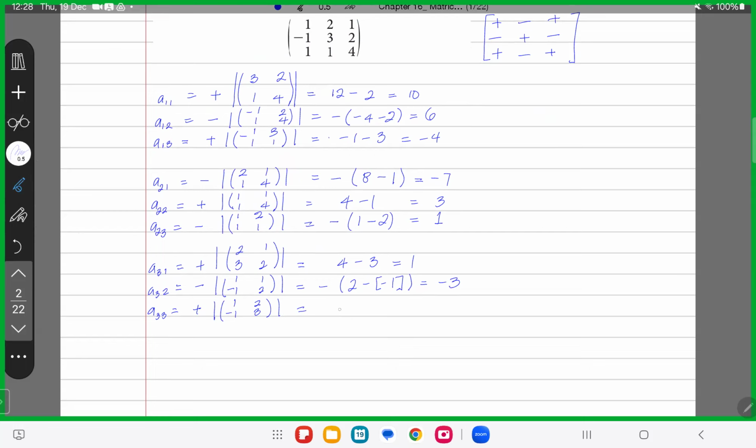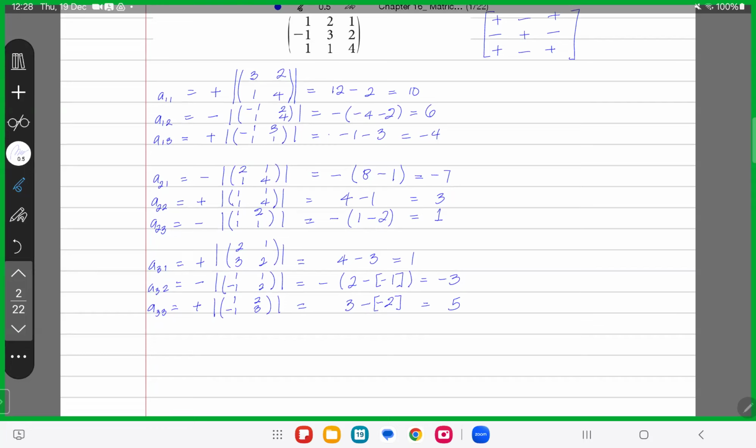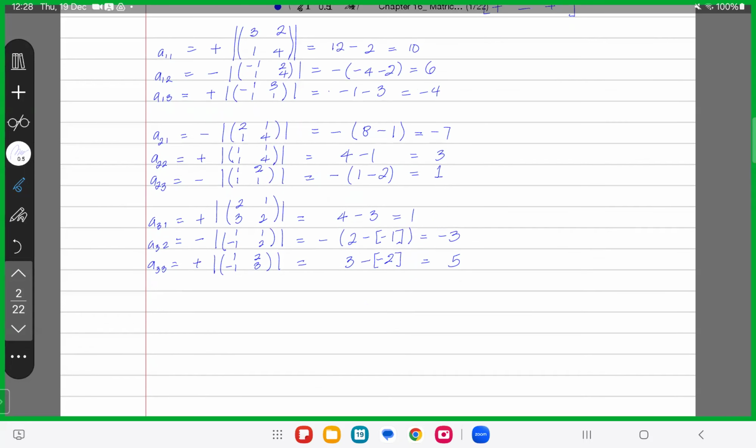The sign convention is positive. So it's 1 times 3 is 3, minus 2 times minus 1, which is minus 2. And this is 5. So my cofactor matrix would be